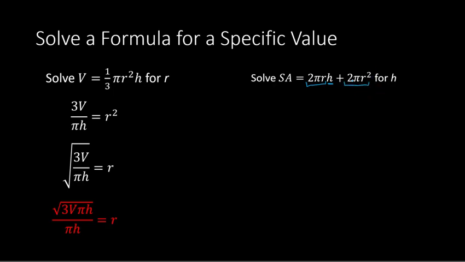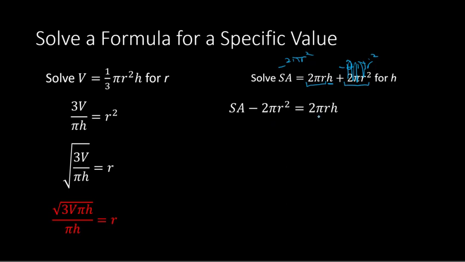When you're solving, remember we need to work in reverse order of operations. So if you think through your order of operations, addition is normally last. But when working in reverse, that's going to be the first thing we want to move around. So we can remove this to the left side by subtracting 2 pi r squared from both sides. So now this cancels on the right. We're left with SA, surface area, minus 2 pi r squared on the left